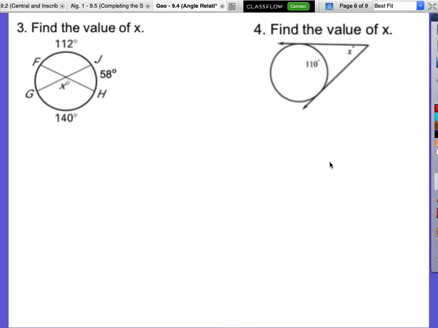Okay. On number 3. Where is our vertex? Inside. Is it at the center though? Not necessarily. We don't know it's at the center. So, not necessarily at the center. We need x. How do we find this? 140 arc plus arc over 2. So we do its own intersected arc, 140, plus the vertical angles intersected arc, 112, over 2. Okay? So when you guys finish this one up,